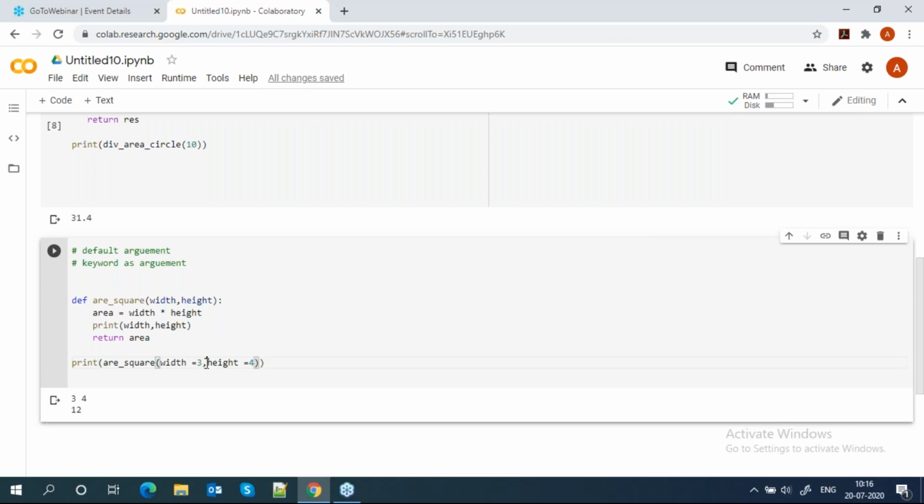You can define height first, because here you are mentioning the keyword, this argument keyword, and then pass the value. Width equal to, suppose, 6. Now my width value is 6 and this is 4. Got it? How we are using the keyword as argument.